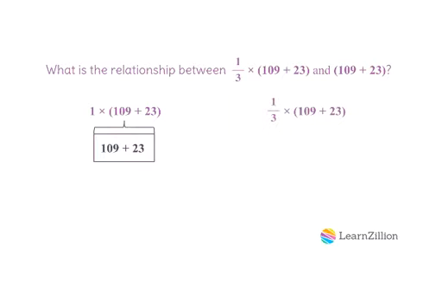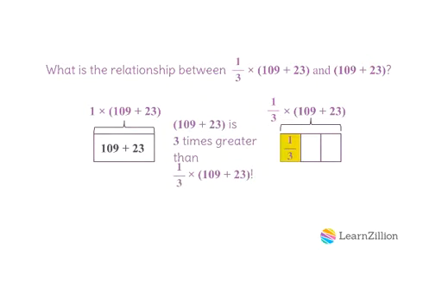For our second tape diagram, it is the same size to represent 109 plus 23, but it is broken up into 3 sections, with each section representing 1/3 of the sum. Since one section is only 1/3 of the total bar, that means it would take 3 one-third sections to equal 109 plus 23. Another way to say this is that 109 plus 23 is 3 times greater than 1/3 times